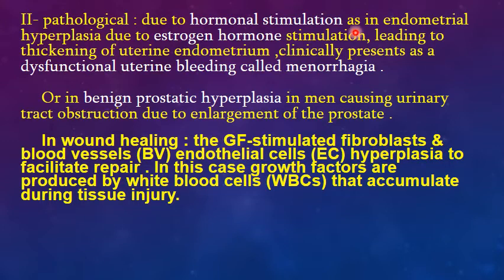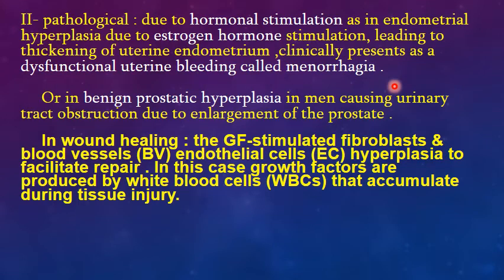So it would be due to estrogen hormone stimulation or irregular hormones, which lead to an imbalance of the hormones. This irregularity in the production of hormones leads to thickening of the uterine endometrium, and clinically the